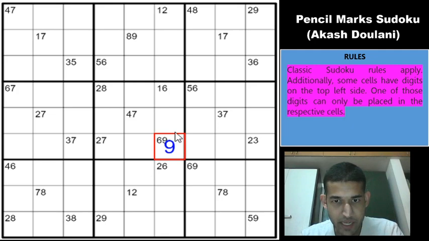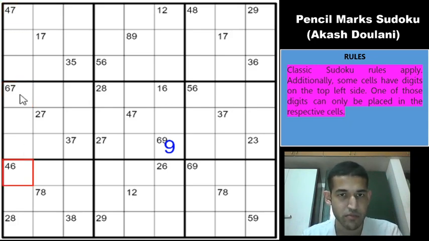So do we see any other pair or triplet? Okay, I'm seeing another triplet. If you look at column 1, you know that 4 7, 6 7 and 4 6 are locked into these three cells, which means that they cannot go in any of the other cells. The important thing to remember here is that these are the only possible candidates that can be present in the cell, which is as per the rules. So you can be certain that you have a 4 6 7 triplet in column 1. So the rest of the cells cannot have 4, 6 or 7. It's not helping us really, unlike column 6 where we got a digit.